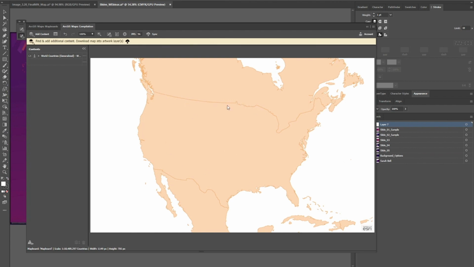So notice this is the 49th parallel, the border between US and Canada from Minnesota to Washington State. And it has this nice curve, and that's because the map has been reprojected to the USA Alberta's equal area. So we would like to